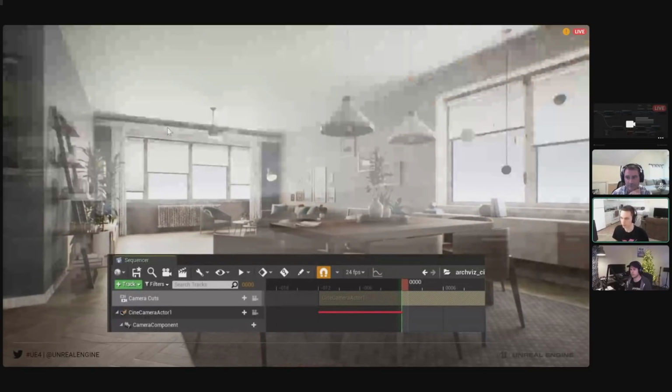So this is an example of what your first frame might look like. You can see it's kind of two different images superimposed. They're very blurry. It's not clear what's going on. The fix again for this is you just go to your first frame in your sequence, make sure your camera cut track is extended, and make sure any other tracks extend at least one frame before. But some of the other features do use the extended camera cut as well.